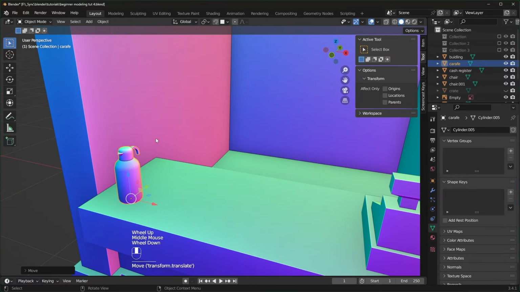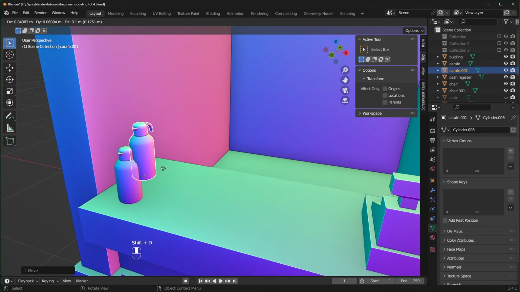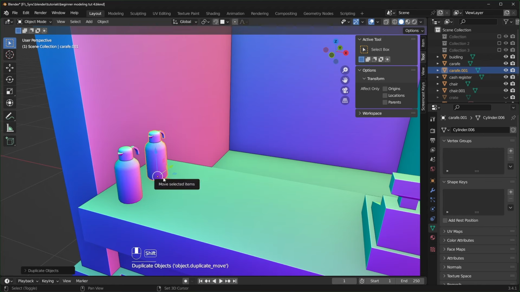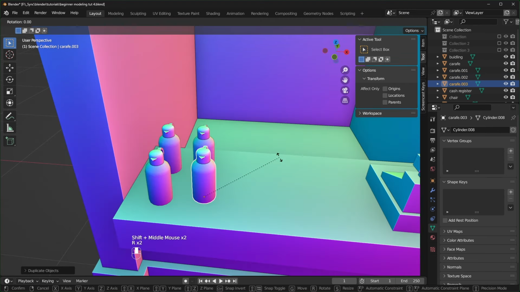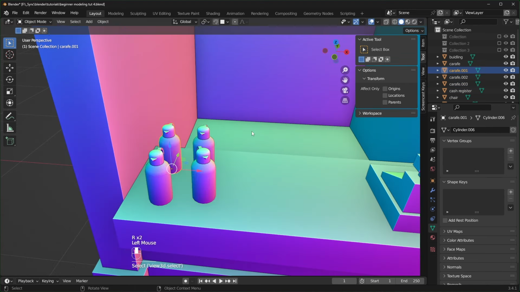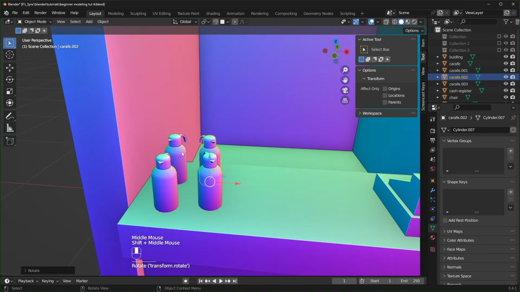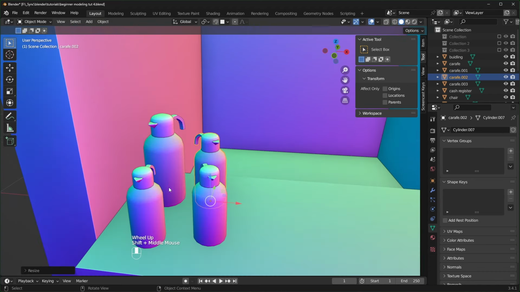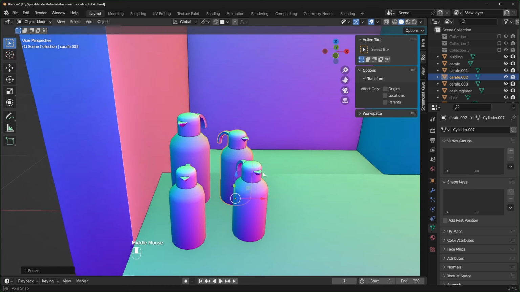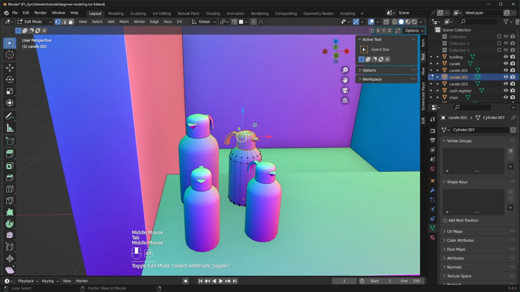And let's just add a few more just to fill up some space. So we can Shift D and then hold Control while you're moving it to snap it down. Let's add maybe 4 of these right here. You can press R and Z to rotate some of them to make them a little more random. We can also scale these up and down, so let's make the ones in the back a little bigger. If we don't want them to just scale completely up, but to be taller, we can come into edit mode,